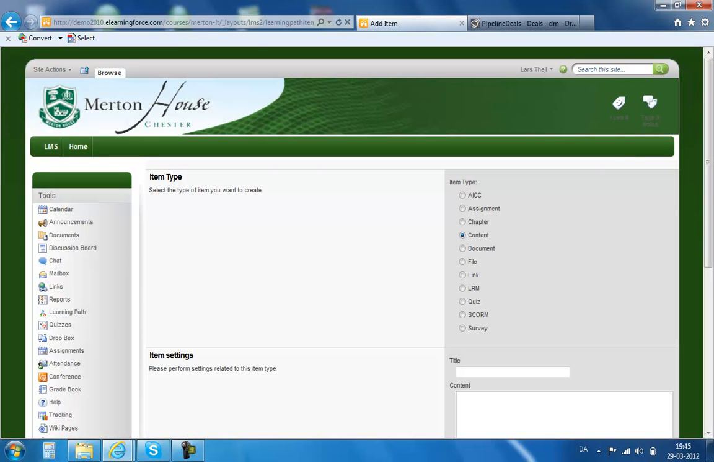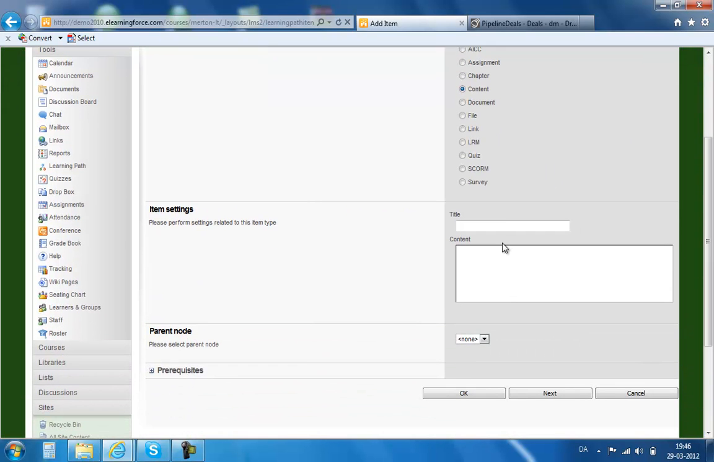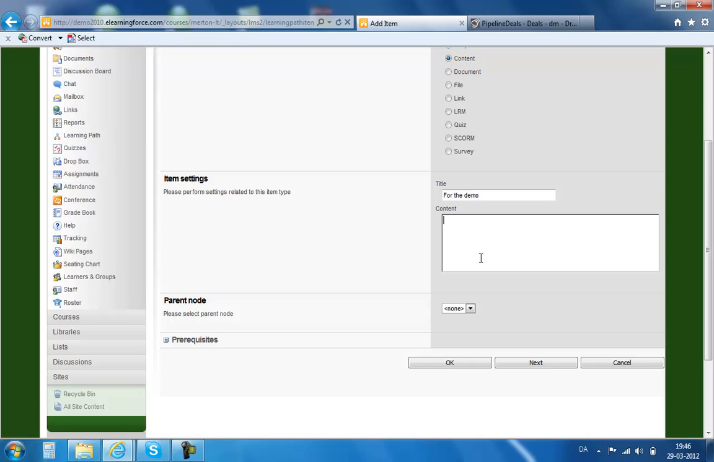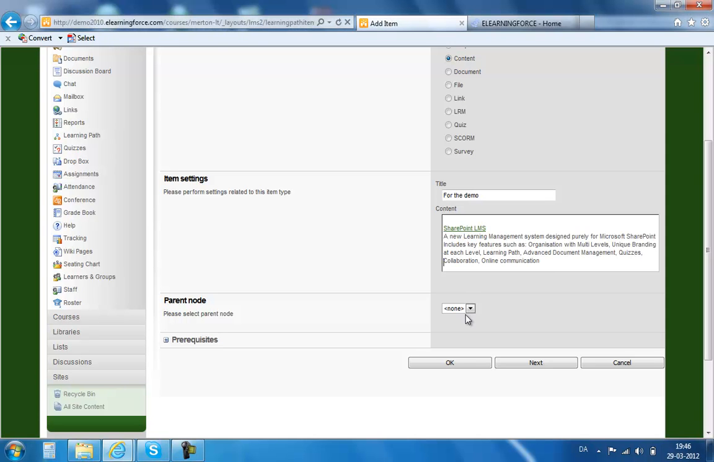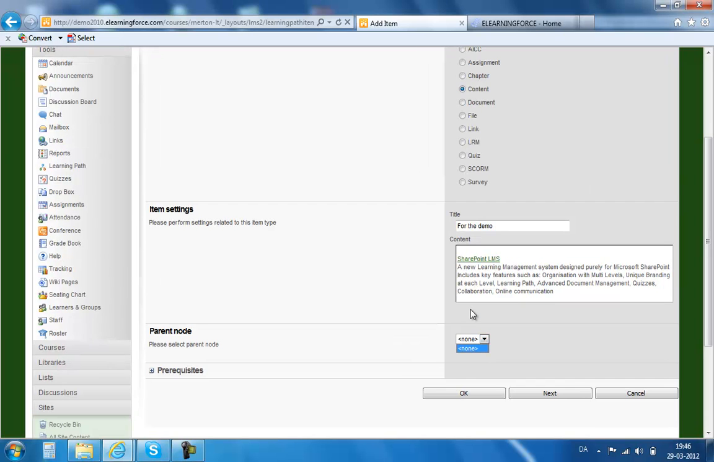We get a page up here that matches that, so we can give it a title for the demo, and then we can write in some content here. We can give it a parent note if we want to, so that is matching it to a chapter, so we can create a chapter also here. We can decide on some prerequisites. We're going to get back to that in a moment. So we'll go next page,